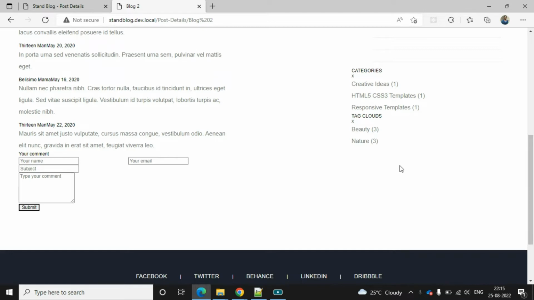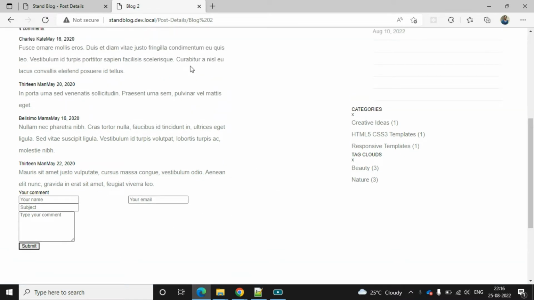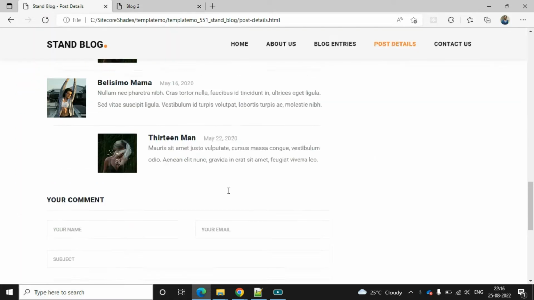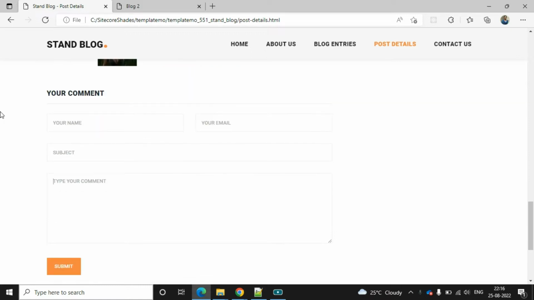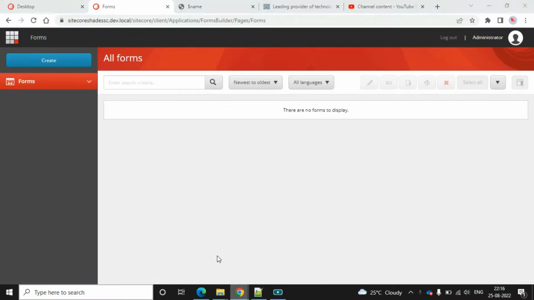Actually, we have already worked on the page branch section, and the page is the blog detail page. If you see the page here, we can see one form section, right? So, let's look into the template section. This is my template URL, and here you can see this is my form, where we can give our name, email, subject and comments, and once we submit the form, it will automatically store all the details. So I'm going to design the same section, and for that, first we have to go to